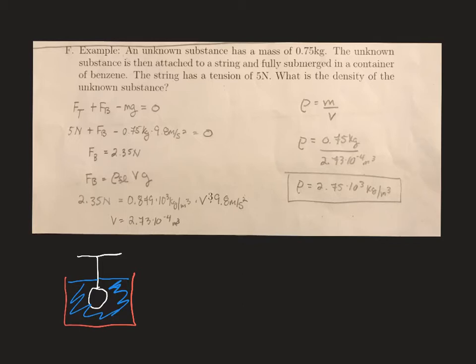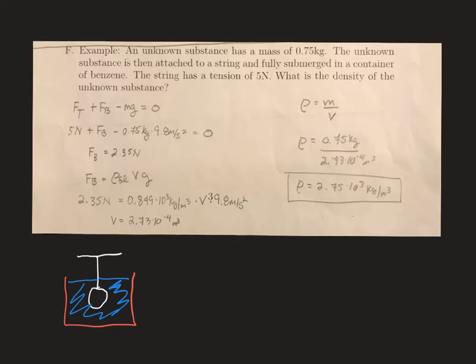Now, in order to find the density of the unknown substance, we need both its mass and its volume to plug into the density formula. So we're given the mass in the problem right here, but now we need to find the volume. And we're going to take advantage of the buoyant force in order to do that. Because the object is fully submerged, the volume of the object is going to be the same as the volume